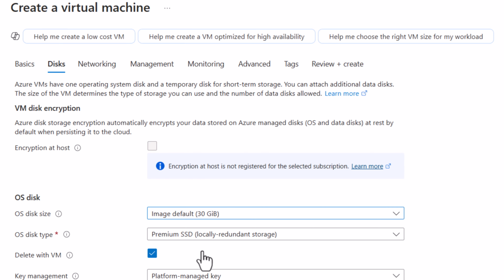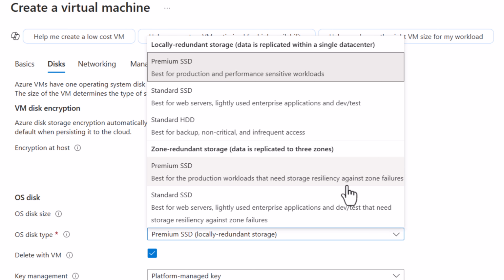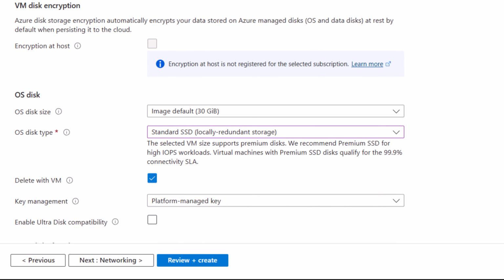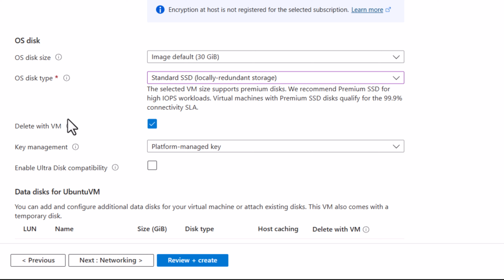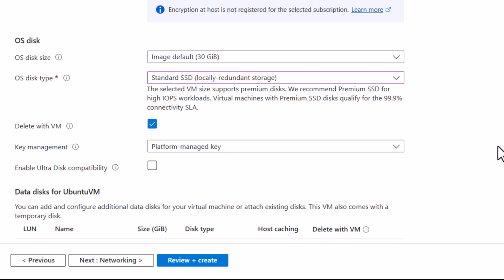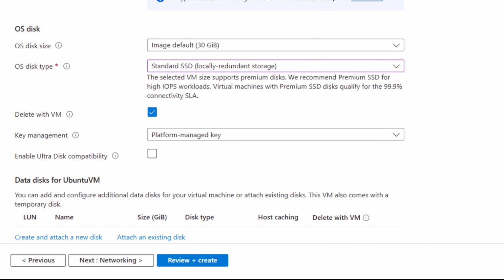Then in the disk type, you can see there is premium SSD. So let me just go for the standard SSD. So you just select all these things based on your preference. So I'll be using this. Then if I scroll down, under key management, you can use either platform managed key or custom managed key. So let me just leave it at the default, which is platform managed key for simplicity. So if I scroll down,